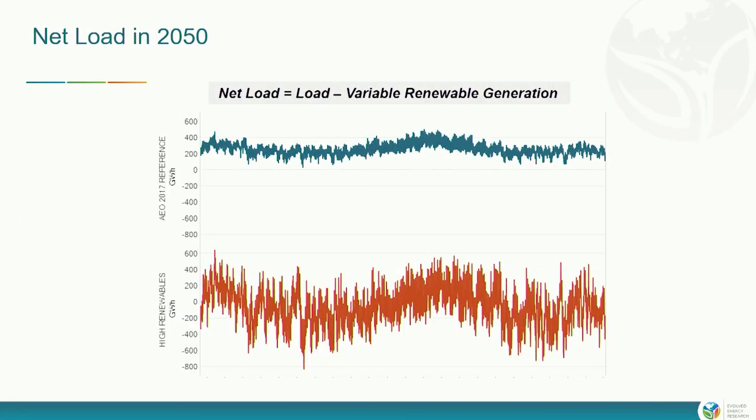So this is a kind of confusing chart here, but the top one is basically our net load in a reference case scenario. So this is what the electricity system is used to dealing with. There's some seasonality to it, right? This is the Eastern interconnection. It's peaking in the summer, going up and down relatively predictably over the day. And this is net load, so this is load minus our variable renewable generation. The top scenario just doesn't have very many variable renewables. The bottom scenario has quite a few variable